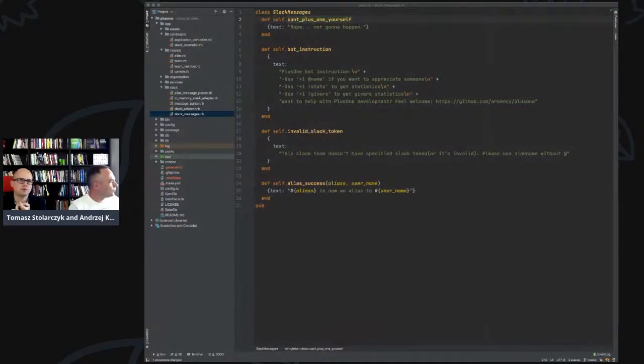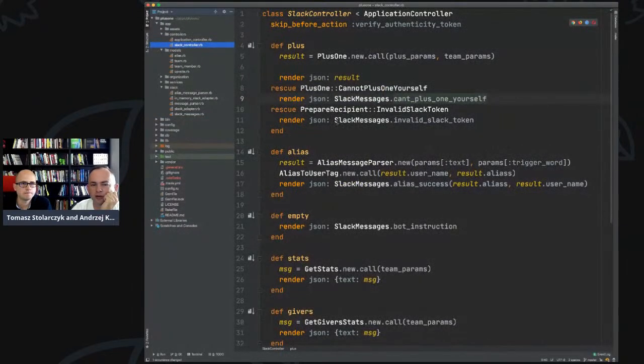So we would have classes per messages, and I was thinking if we have them as properties, you could have something like message source, where you pass only context. For example, you are in the context of Slack, so you will get the Slack specific messages. And I think that unconsciously I had that in mind, because quite recently everything was just a hash here, so the coupling was even worse. Was it worse if it was inlined?